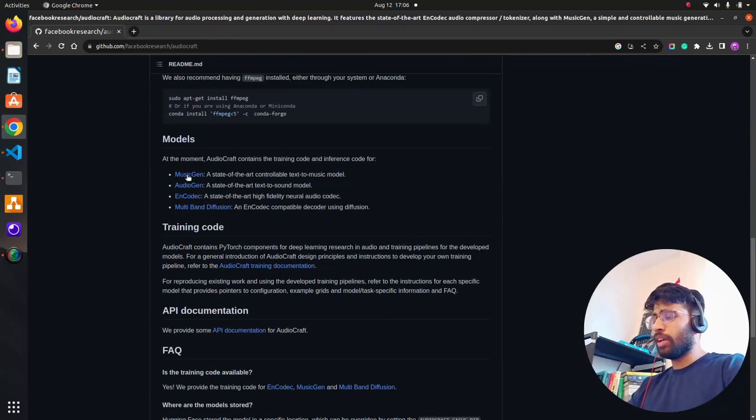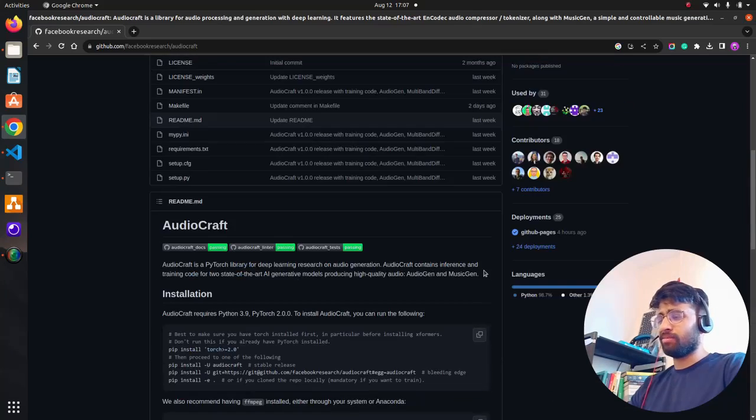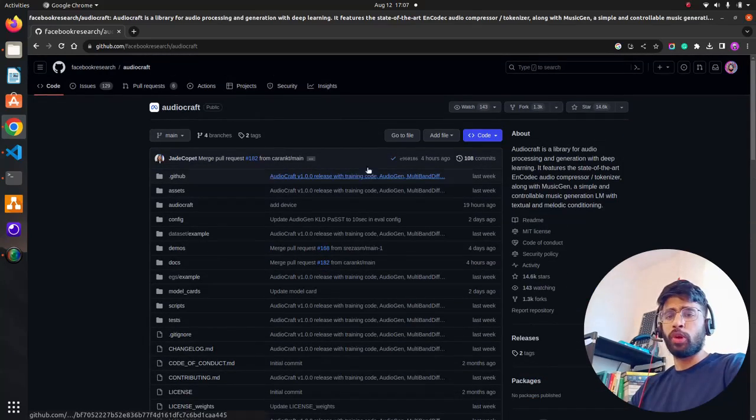And you can see we have MusicGen, a state-of-the-art controllable text-to-music model, and they also have a text-to-sound model. Now we have Tortoise TTS, we have Bark by Suno AI, and we now have AudioGen, for example. And there are others as well. We're talking about open source models there, guys. Now they have open sourced the entire training code, and of course the inference code is there. So we're going to use this MusicGen small model. It has 4 different types of model weights. We're going to utilize the small model and run it as quickly as possible,